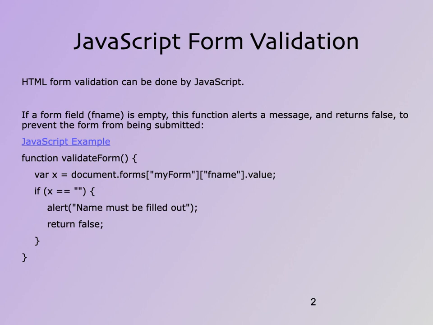followed by an if condition: x equal to empty string. If nothing is there in that particular text field, that means that if the name field is returning an empty string or null value, then an alert message will be displayed with the text "Name must be filled out" and false is the value to be returned. So this is how this particular function validate form is defined. Now we will see a complete web page.